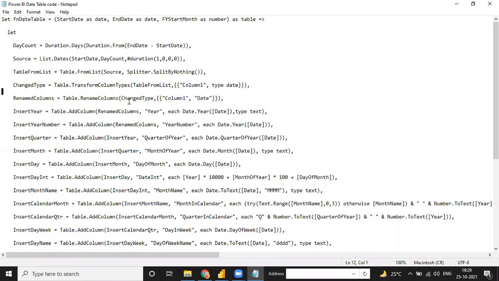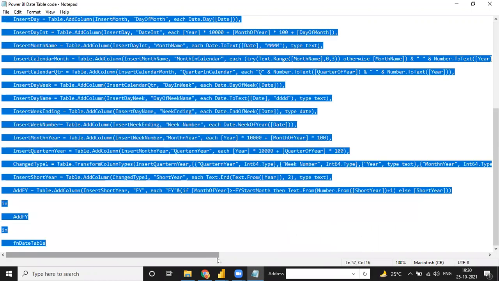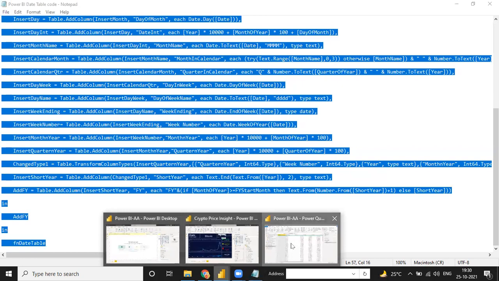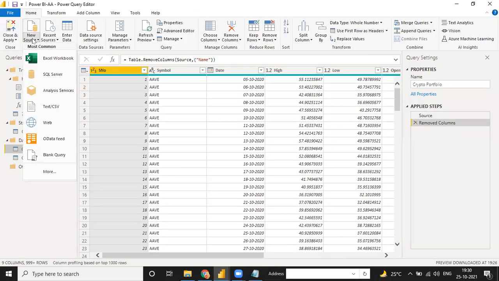I just write the code one time in the background. This is not code; I am just writing a function, and the code will be written by Power BI automatically. I'm not writing this code in Power BI, I'm just entering a text function, and the code will be written in the background automatically. So first I copy this function, go to Power BI, click New Source, and click on Blank Query.